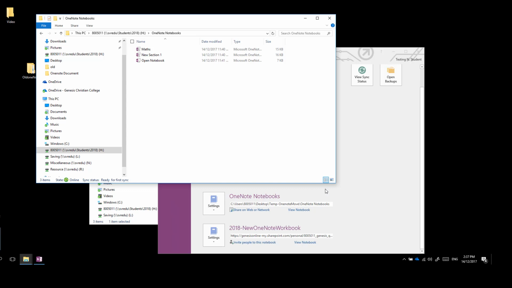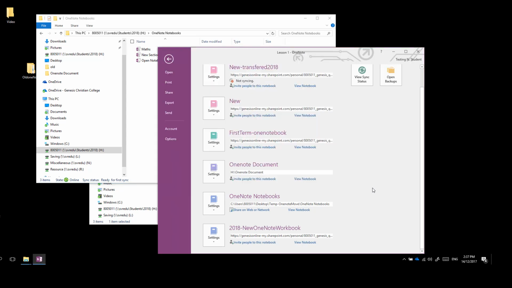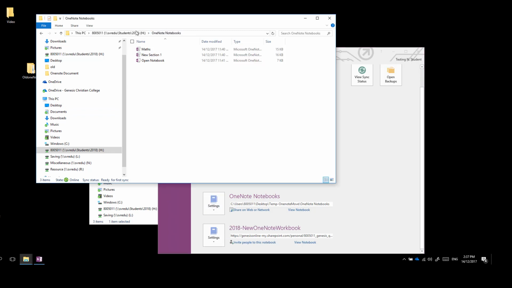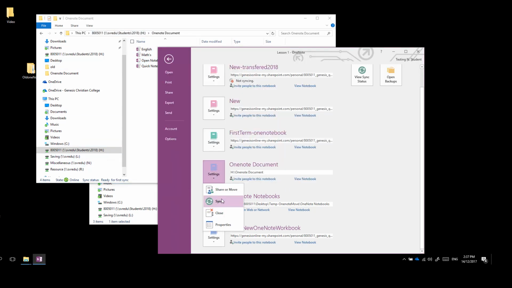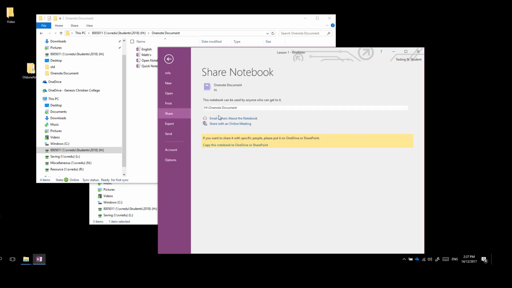In this section of the video, I'm going to show you how to move a OneNote file from your H drive or your network to OneDrive. Now this is a little bit more complicated because, as we see, if I've got a document here on OneNote Documents, which is here in the File Explorer, but if I go down and select Settings and Share and Move, it doesn't give me the options at all